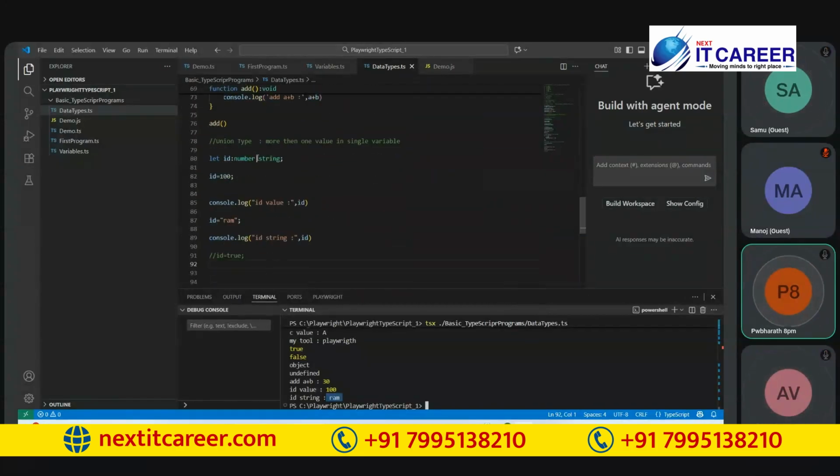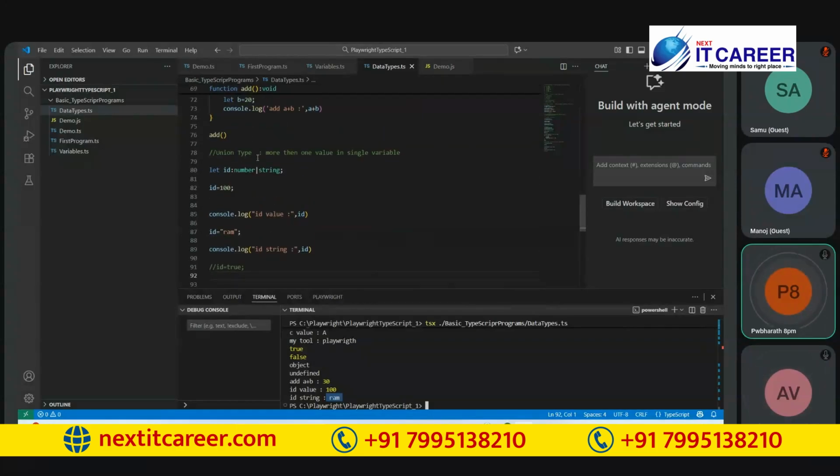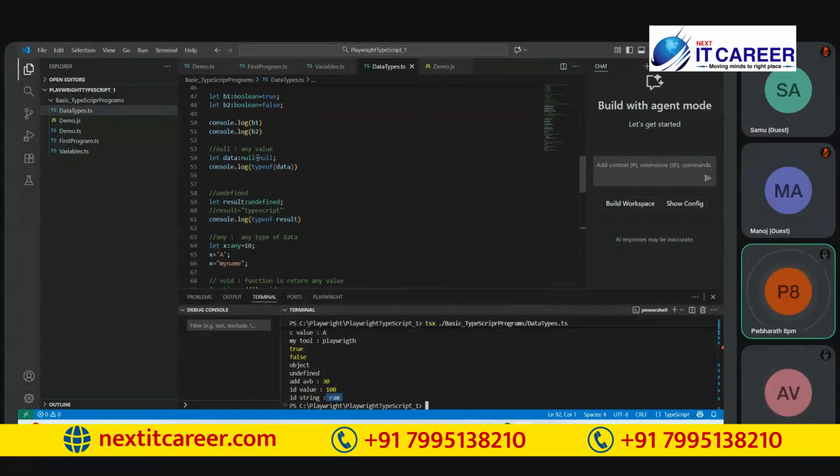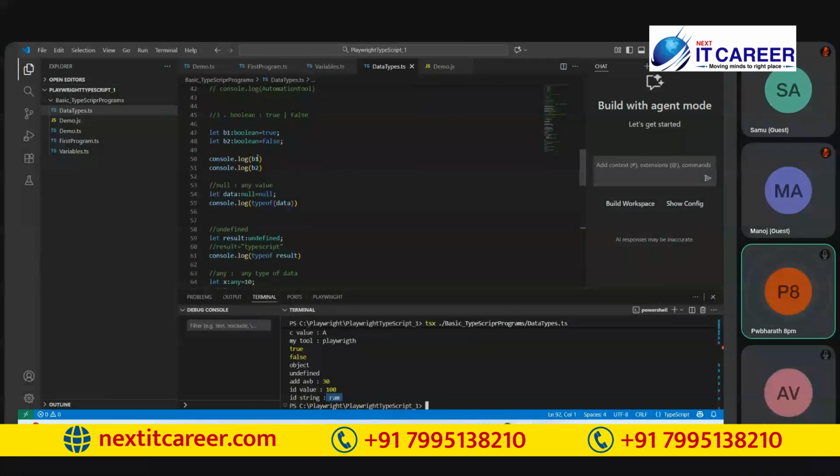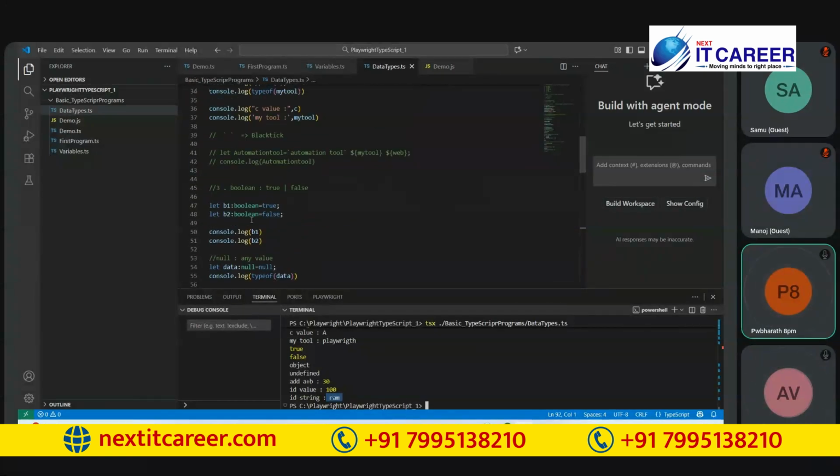Yes, Bharat. So in TypeScript, these are all the primitive data types. But when you declare a data type, when you are defining a variable, you have to know three technical words.